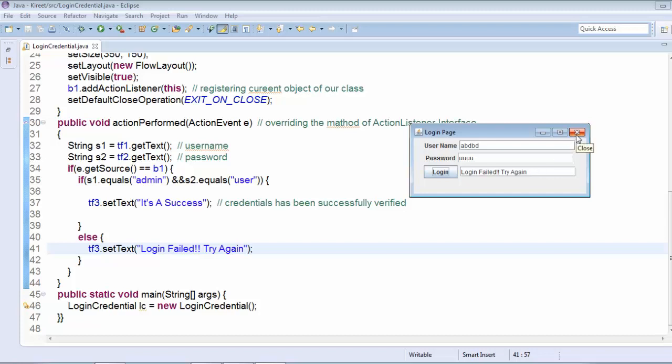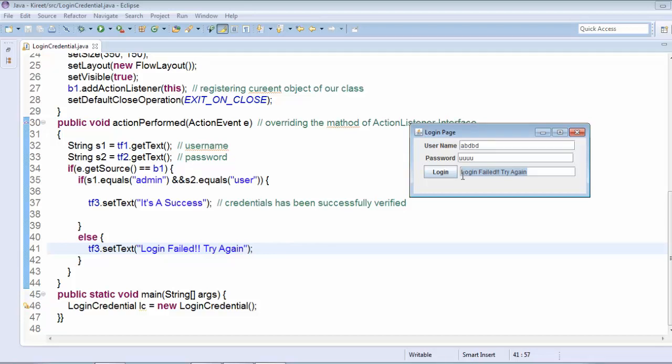But now the problem is that when you create this login form, you must have seen in different login forms that if the username and the password are not matched, then a particular dialog box appears and it shows the message. The message is reflected in the dialog box, not in the text field. Displaying a message in the text field is not a good practice.